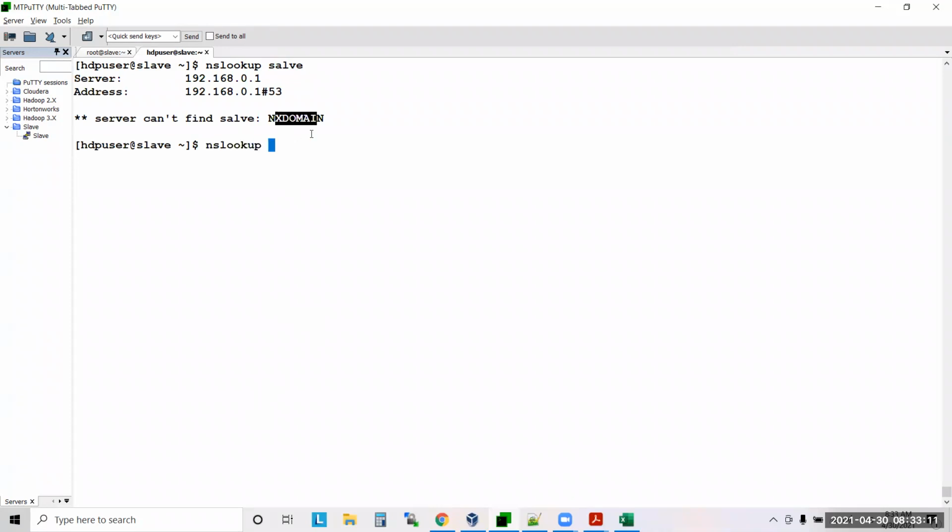If you know the IP address, for example 192.168.56.200, but don't know the machine name, you can also use nslookup. But the nslookup command will work only when a DNS server is enabled. Clear?